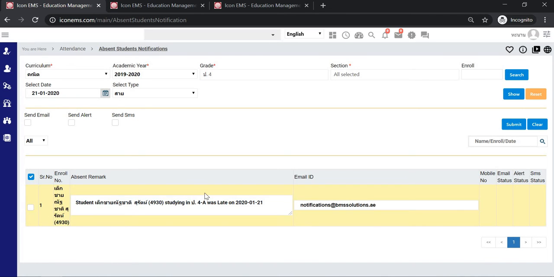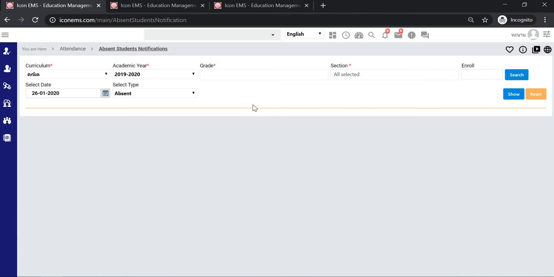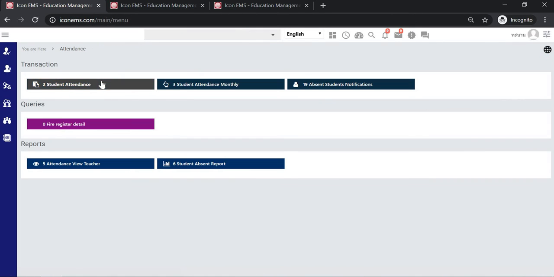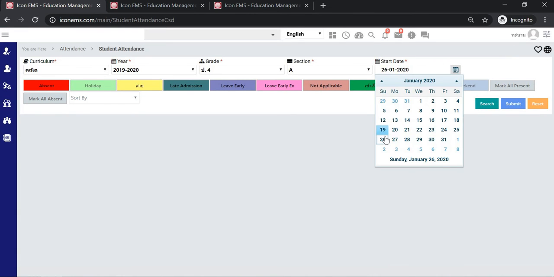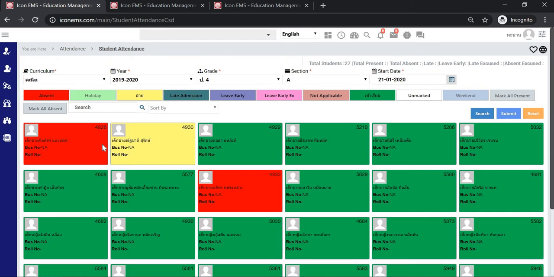You can see by default the email ID of the parent. If you want this to go to a different email ID, you will be able to type it here. So if I submit, I have to select whether it will go as an alert and show. Now once this is done, let me go to that particular parent's login ID. Let me see which is the parent. So that's 4629. If I go to parent login, this is the parent login.